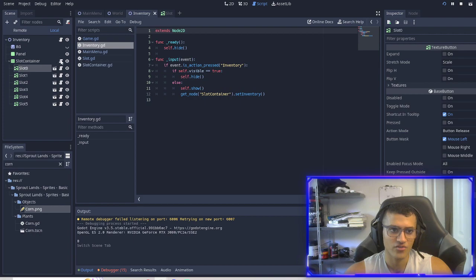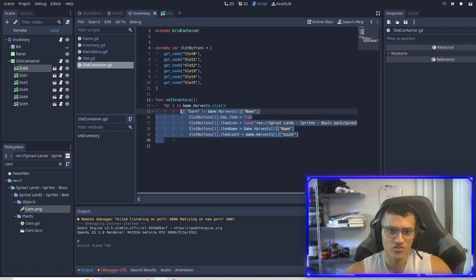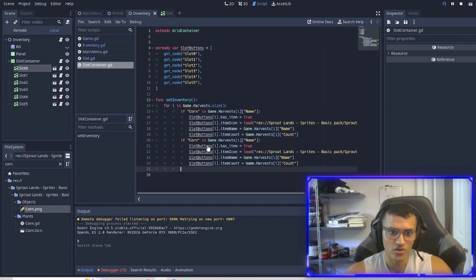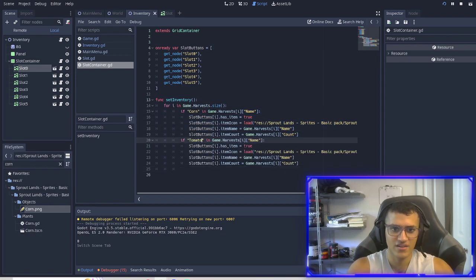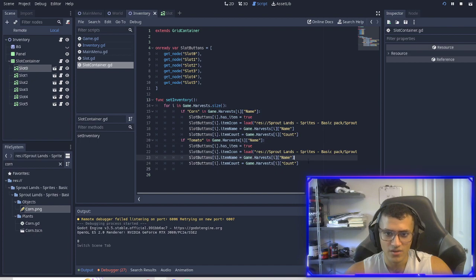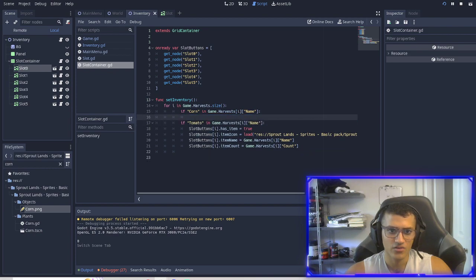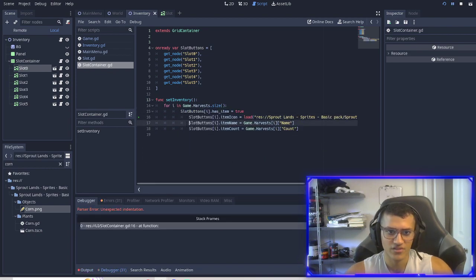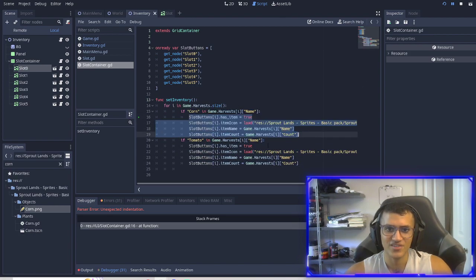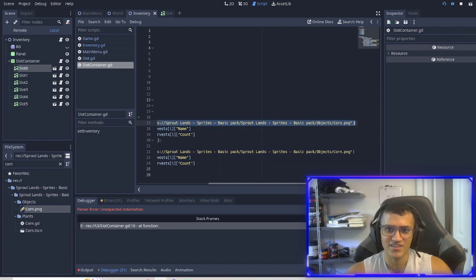One last thing we're going to do in our slot container, we're going to copy paste all this and then add tomato. I actually believe later on, if you have more items, you should be able to just do this. Let's double check. Let's make sure. No, you can't. Okay, so this is actually why I will load this inside of our